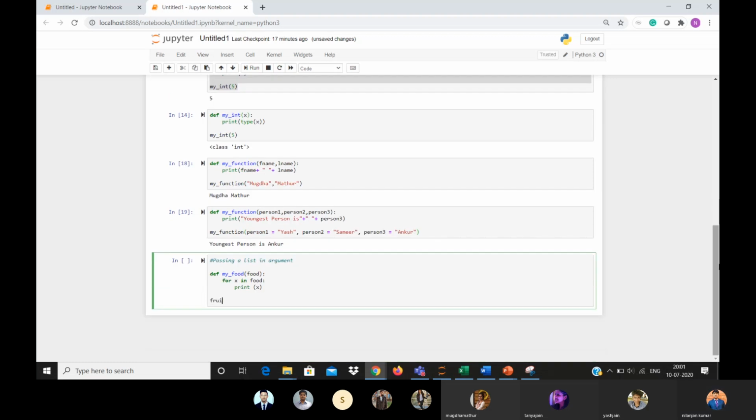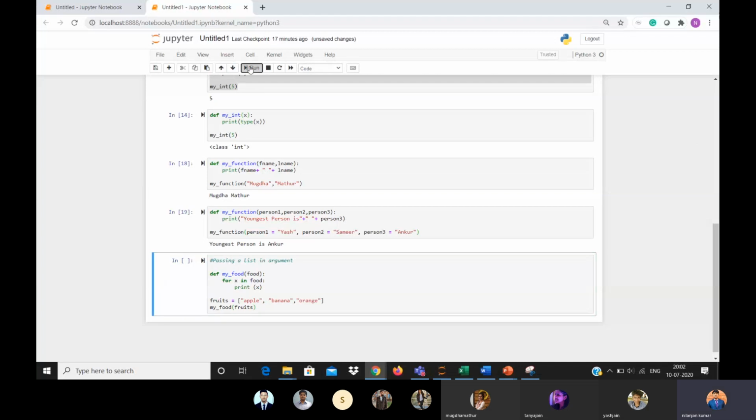I'm taking a list, fruits, which comprises apple, banana, and orange. And then I'm calling the function my food with fruits.